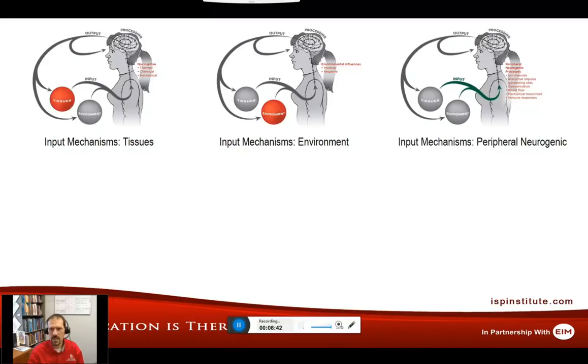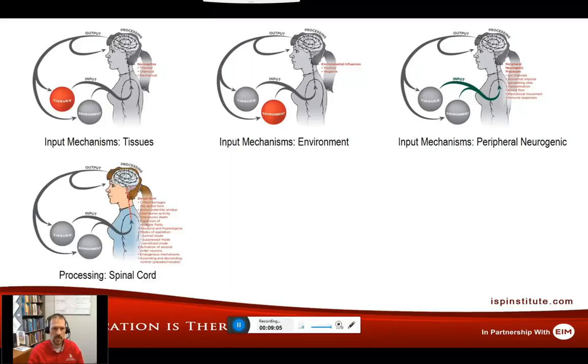We also have to look at the peripheral nervous system and the various processes that go on with that. We know now that ion channel expression is constantly changing, along with changes to blood flow and immune responses and how the peripheral nervous system uses that, and that can modulate and change the nociceptive information being passed through, and that can alter and change the pain expression that a person may have due to these input mechanisms.